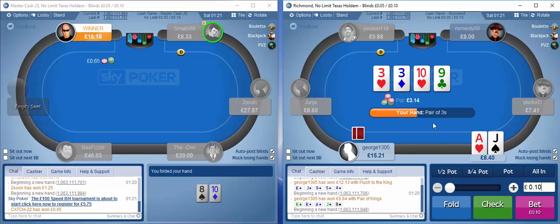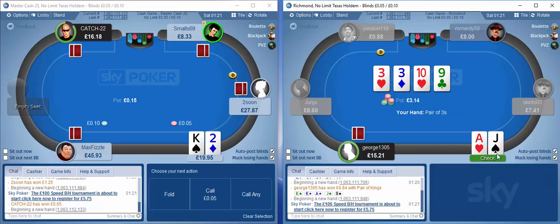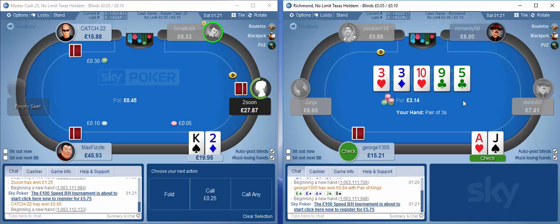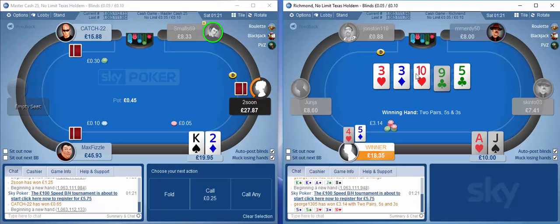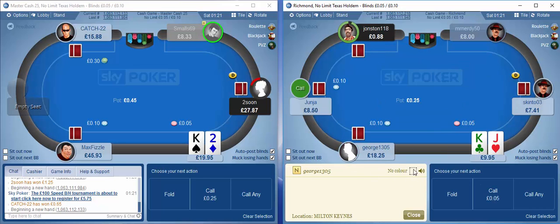I'm not going to continue babbling on, but we had the backdoor flush draw, we had two overcards. We still have the two overcards, and we have the backdoor flush draw, so we could still just have the best hand here. Wow, he just peeled 4-5 on that flop. So we can tag George